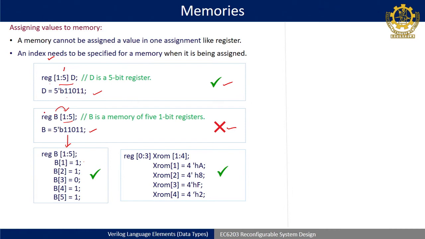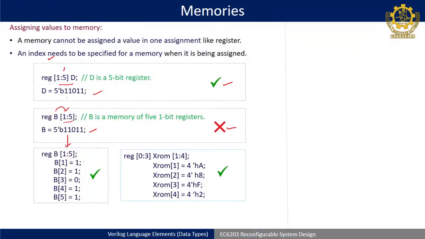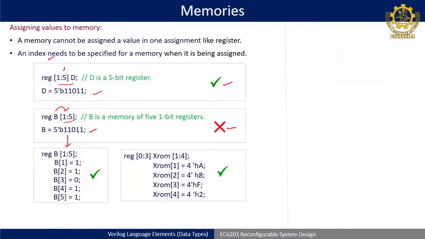Assuming this entire code is going to be written in behavioral modeling, I have not used an assign statement here, do not get confused. I am assuming this is part of behavioral modeling, so no assign is required here. And to demonstrate the code we have not taken the entire initial and always block, only the example we are understanding. So you have to take the index of each vector or 2 dimensional array, then define individual values to that. Understood? So this is called assignment of the memory. Unlike a register, you can't do assignment in one go.